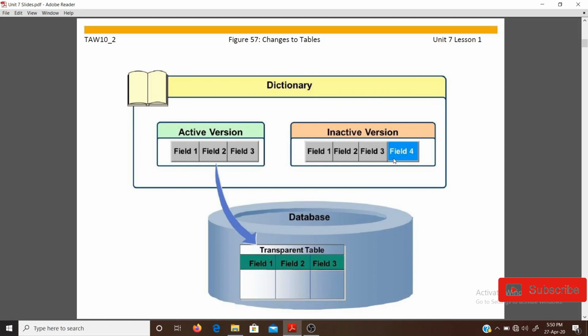But now the transparent table is in an inactive version. So the changes of the structure will not be reflected in the database table. Without activation, the database structure will show the last active version of the transparent table.